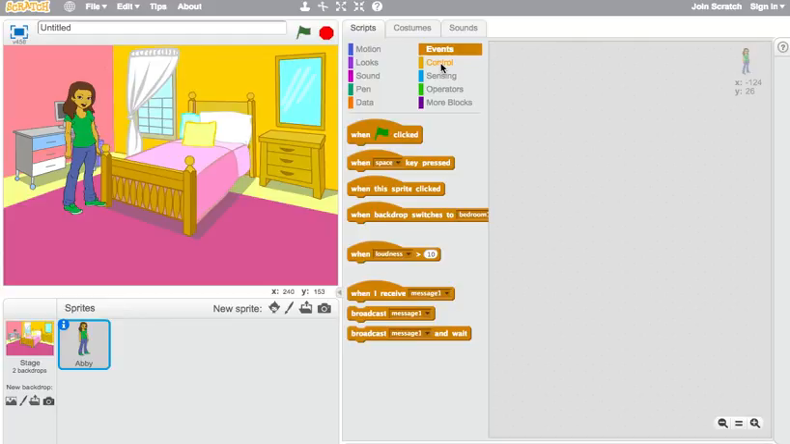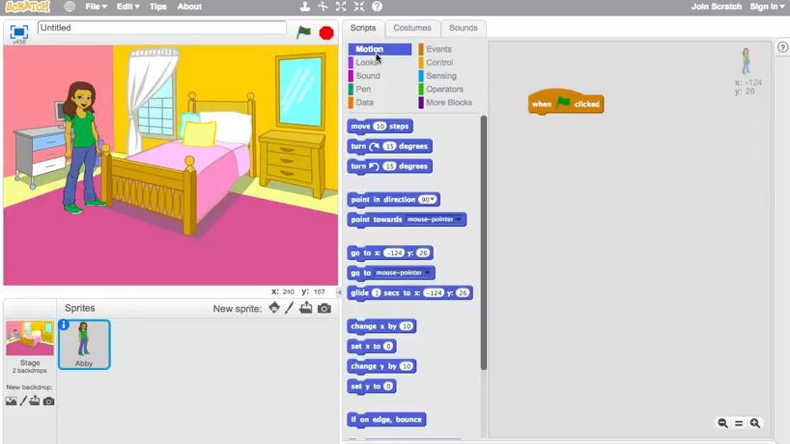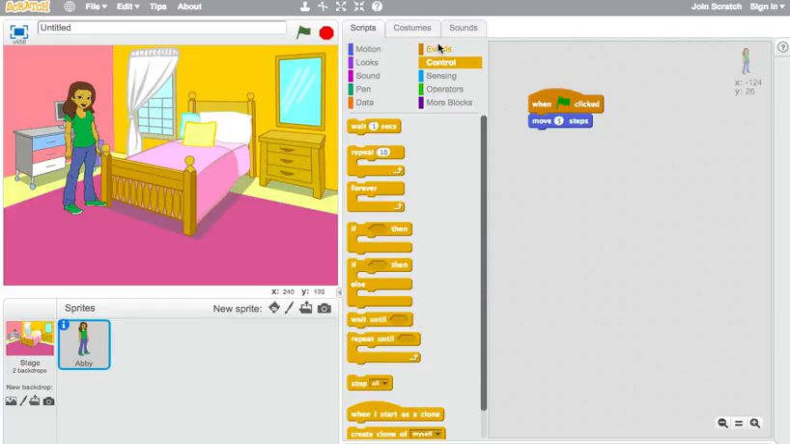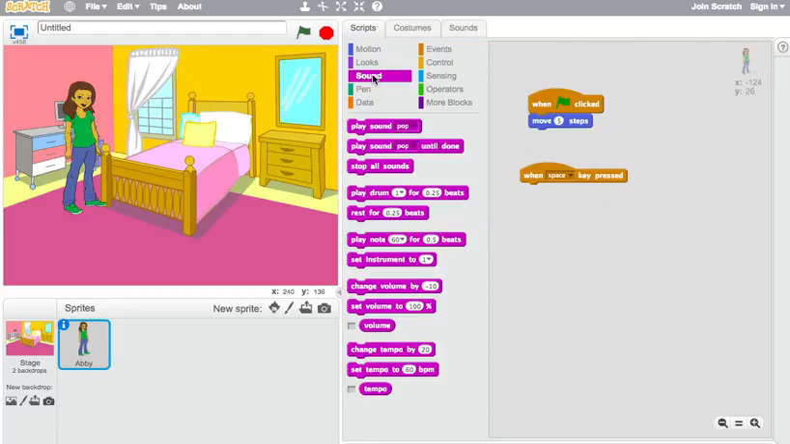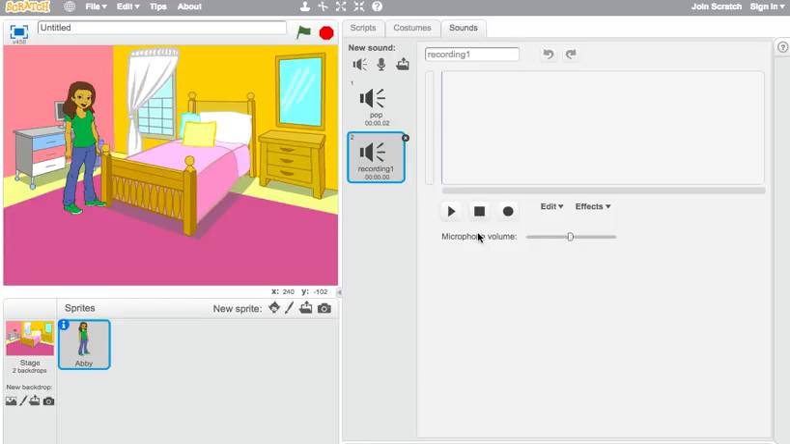So I'm going to say, when this green button is clicked, I'm going to go back to motions, and I'm going to have my character move a certain number of steps. And I'm going to say 5 steps. Now I'm going to go back to events and then use this when it says when the space key is pressed. So when the space key is pressed, I want to play a sound. So I go on play sound, and I'm going to choose the type of sound I want, and I'm going to record something myself. So I'm going to say,